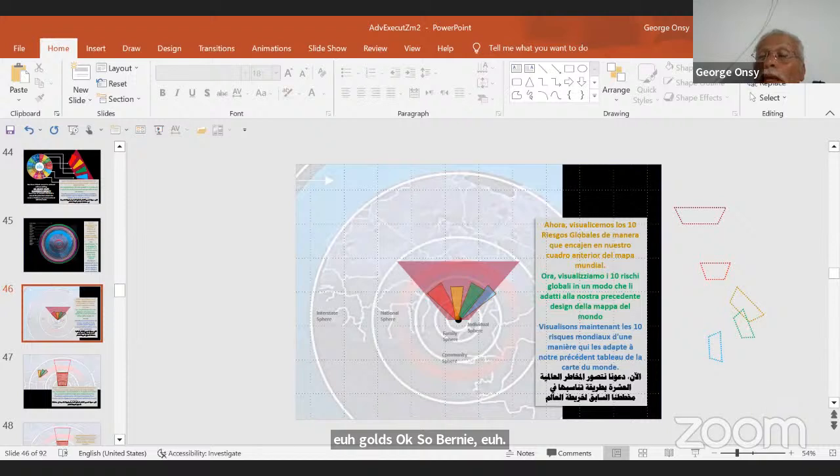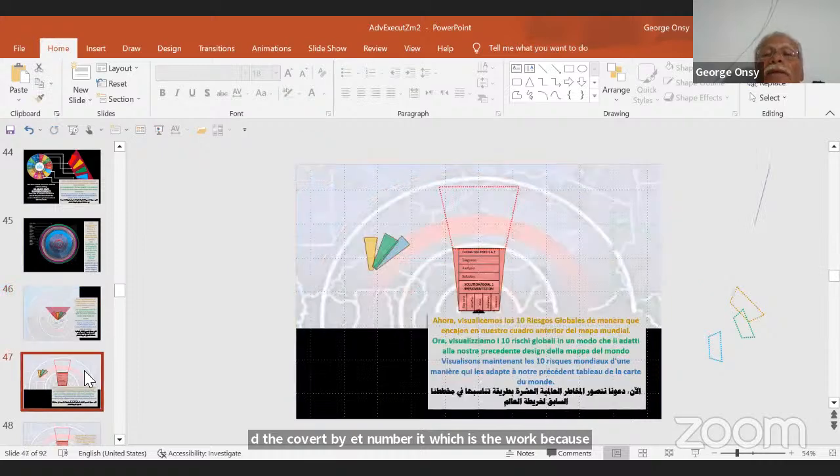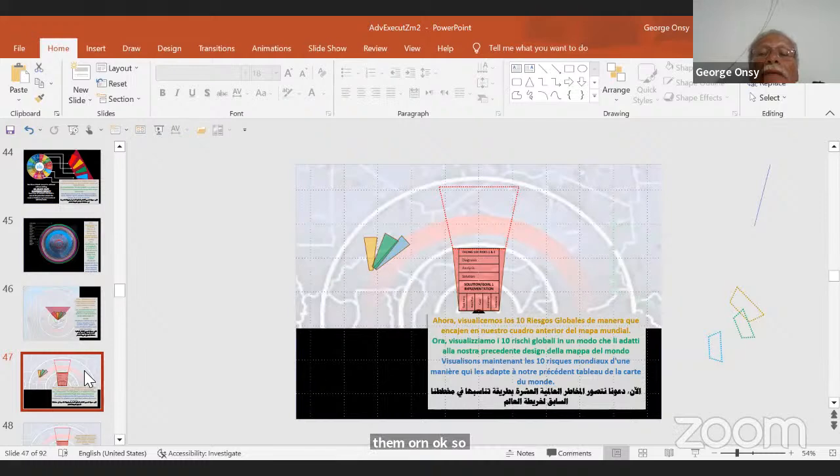So they are mainly concentrated on the individual. So as you see, I put the 4 and they are covered by number 8, which is the work, because it is very important, including them or embracing them all. It is the umbrella. So now, in order to make it workable, I propose to put on each one of these forms, which presents one of the goals, some details, okay?